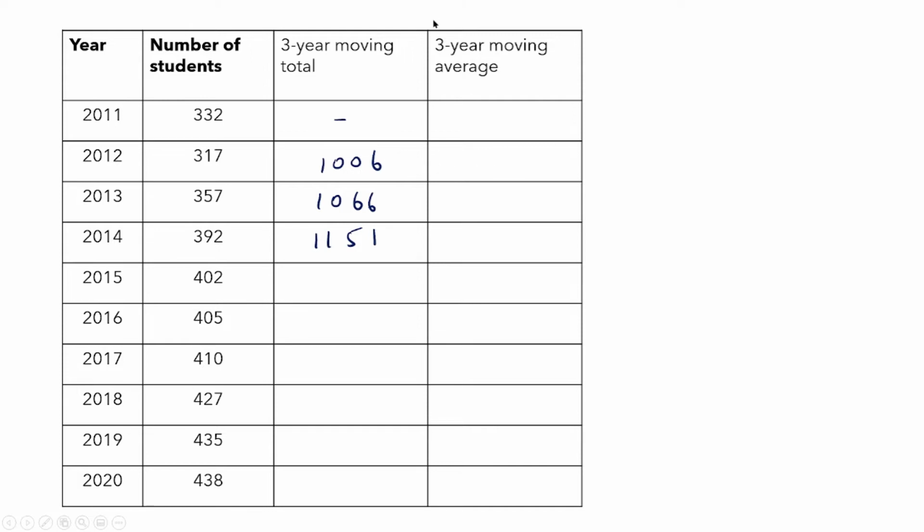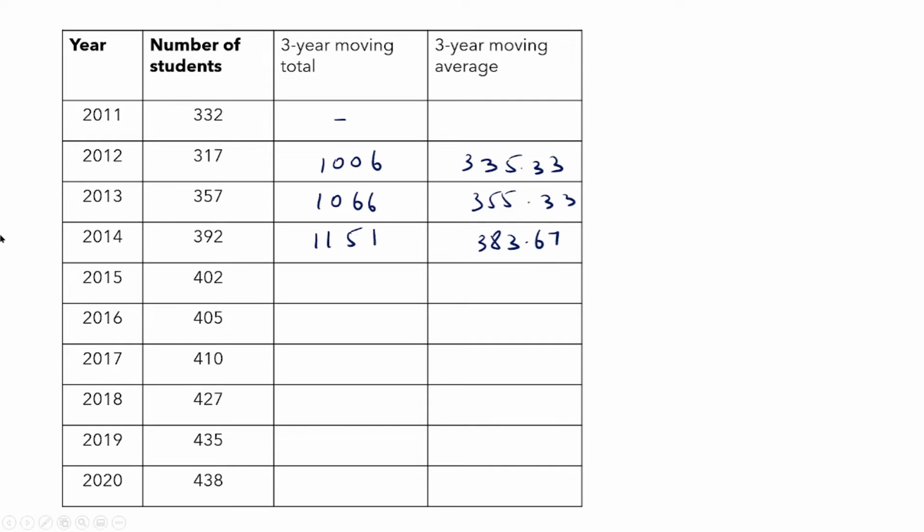Alongside, we can calculate the 3-year moving average also. 3-year moving total for the first 3 years is 1006. 3-year moving average will be 1006 divided by 3. It is 335.33. Then for the year 2013, the 3-year moving total is 1066. 3-year moving average will be 1066 by 3, 355.33. Then the next 3-year moving total is 1151. 3-year moving average will be this divided by 3,